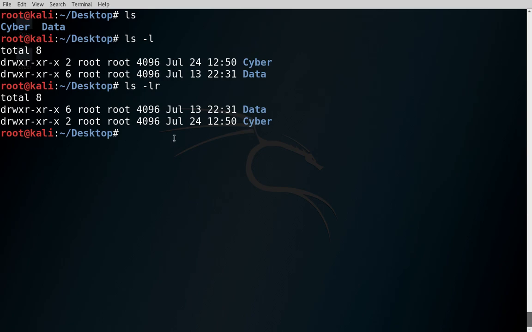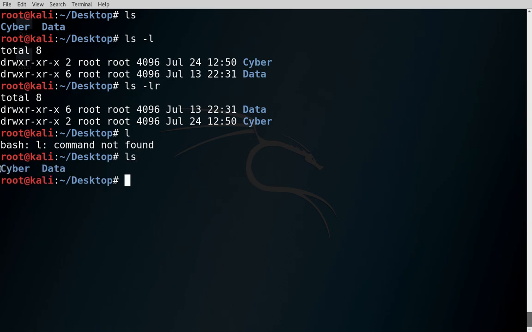Clear? There is one more option, -R with a capital R, and what does this option do? It will print all the contents of all the directories in a recursive way. Like you have these two folders, and data has five folders, and then those five folders have again five folders, and then those have some files, so it will print all of them.